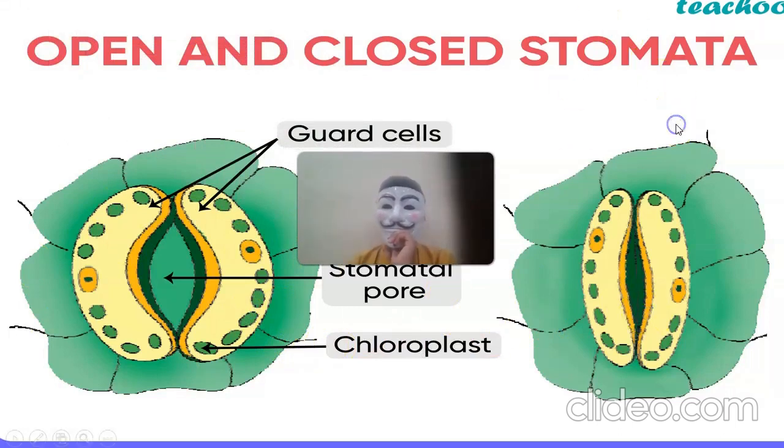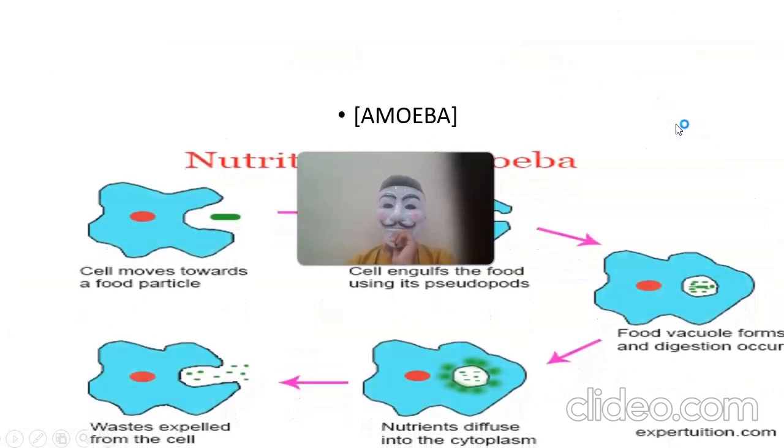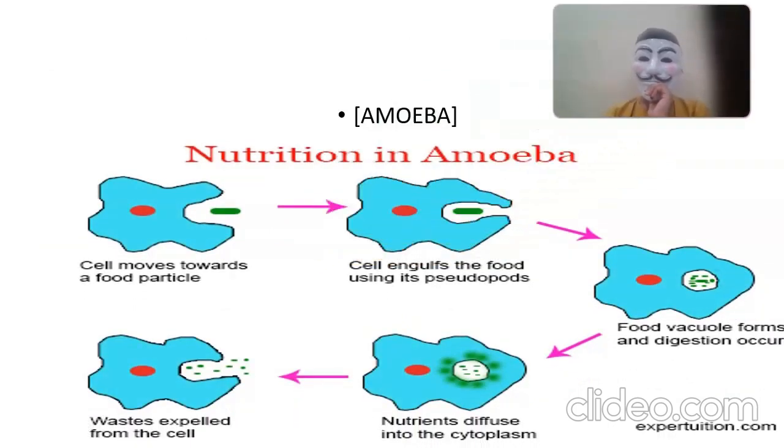Now let me show you about amoeba. Nutrition in amoeba: the cell moves towards the food particle. This comes in the exam. It is asked. The cell engulfs the food using its pseudopodia. Food vacuoles form and digestion